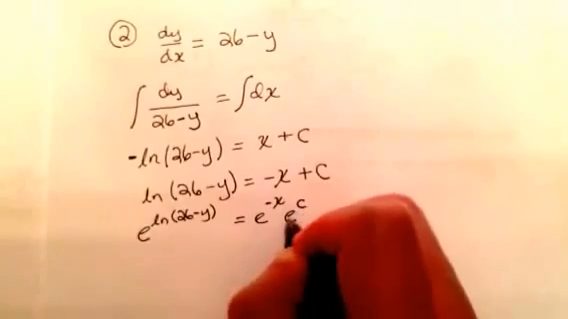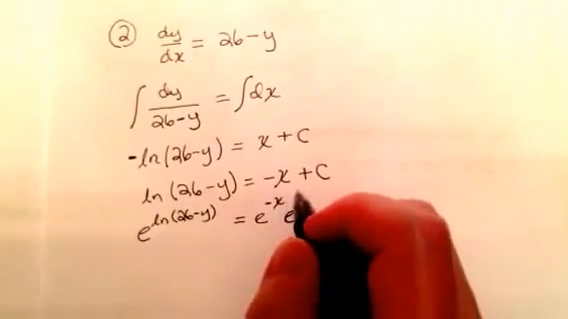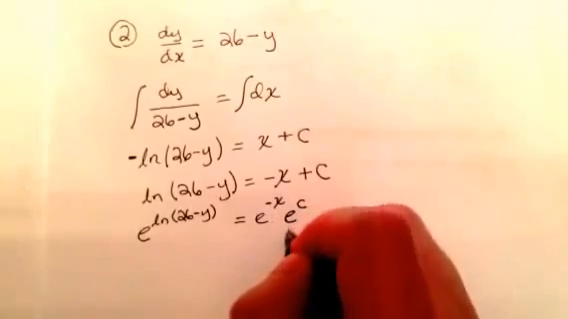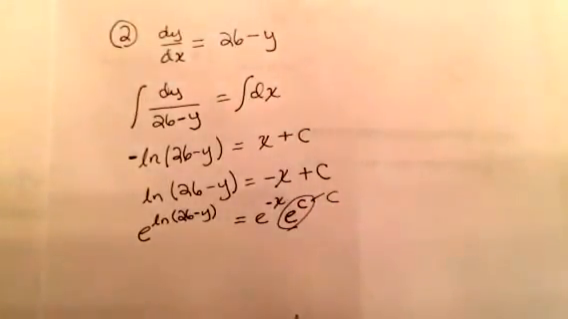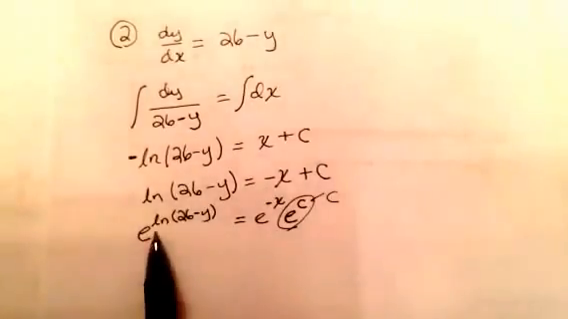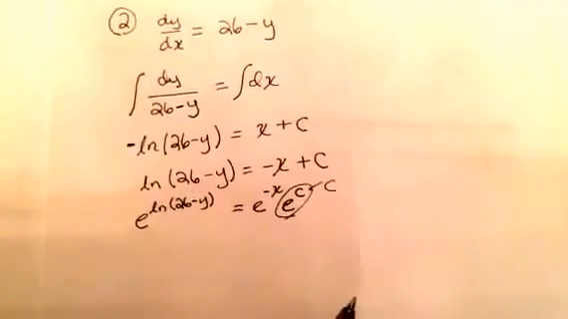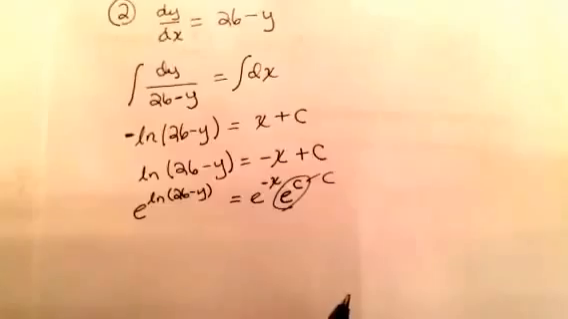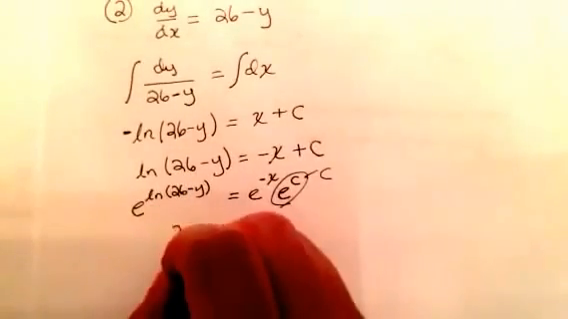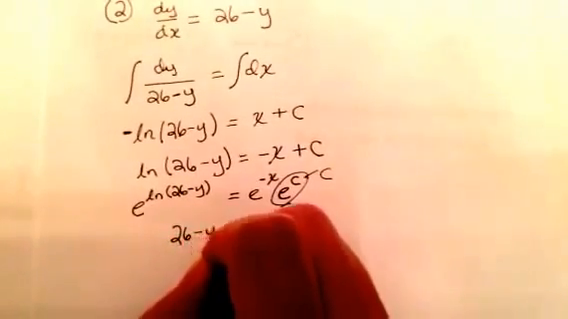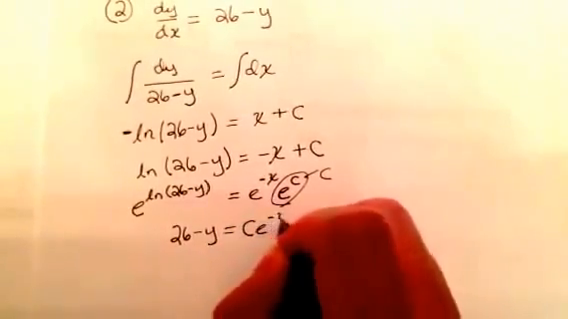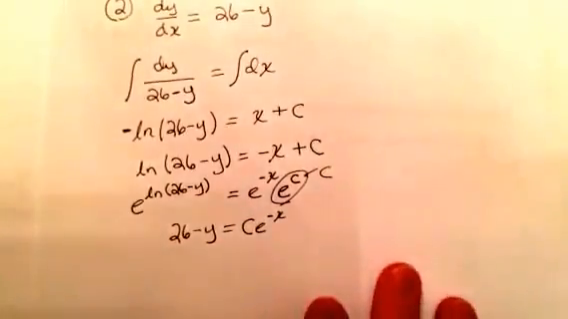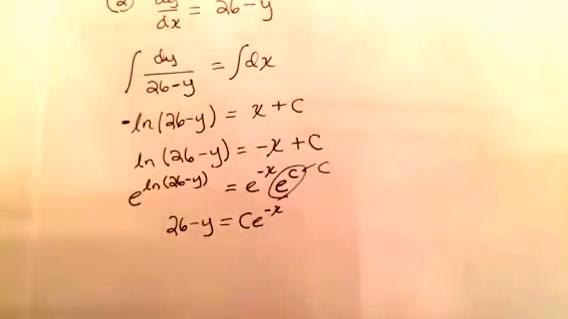or you can also say, being cognizant of the product property of exponents, we write this as e to the negative x times e to the c, and again this is going to be a constant. So in the follow through we have e to the natural logarithm of 26 minus y. And as we look at freeing up the 26 minus y, we have c times e to the negative x, and as we look at isolating the y term, subtracting 26 on both sides,